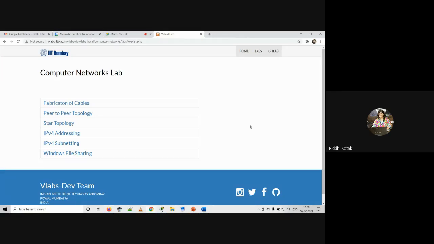Again, switch functionality, it will work at the physical layer, the data link layer also it will work, right? Whereas hub, it will work at the physical layer. And that is the reason it is known as a layer 1 device, according to the OSI model.